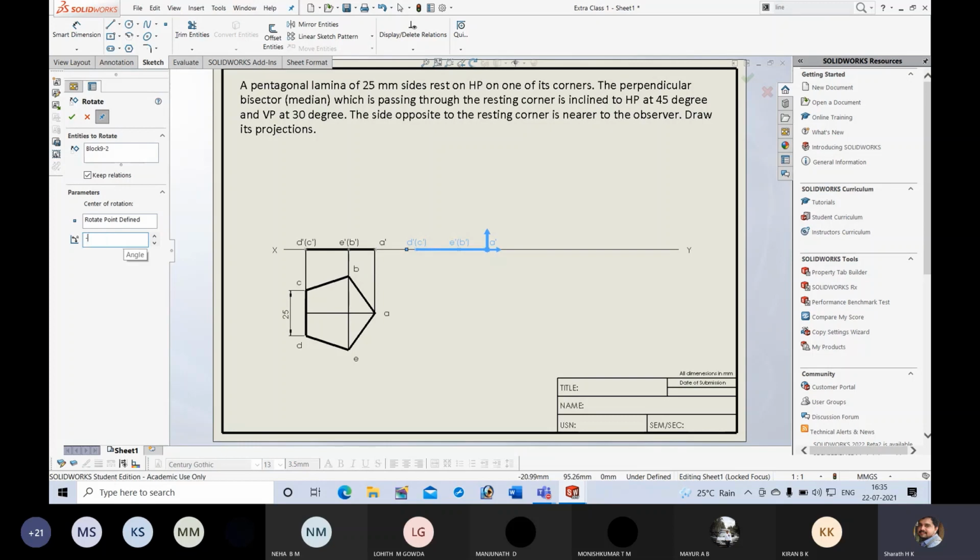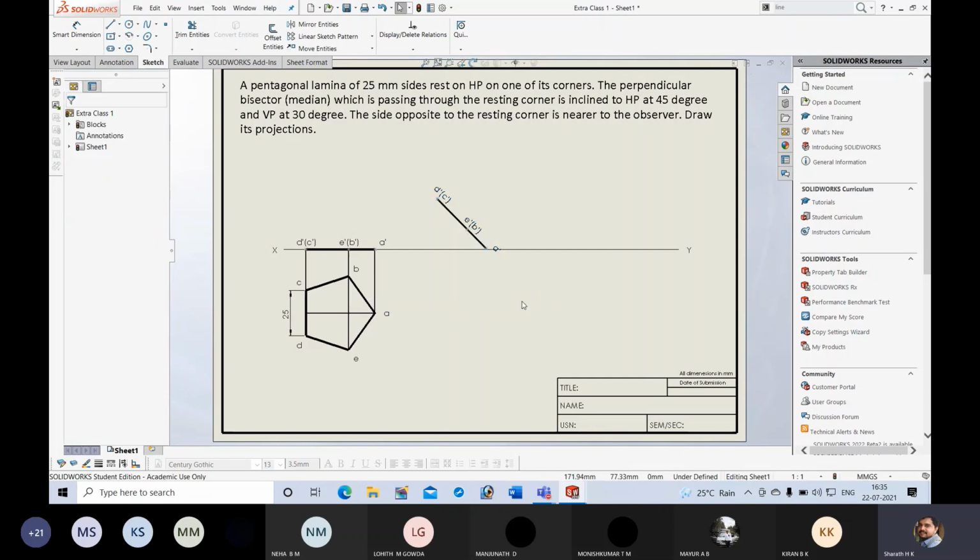Now I will rotate minus 45. After rotating it, press the escape key on the keyboard. If you want to go to the previous step, you can use this undo option here at the top. That will reverse the last action.